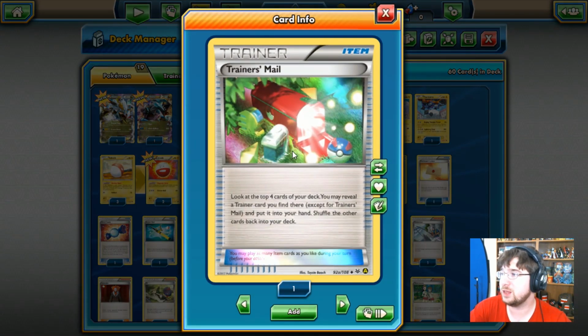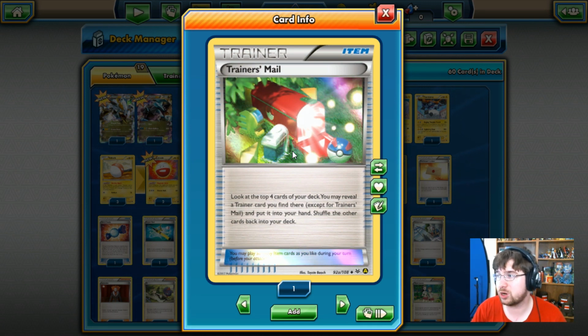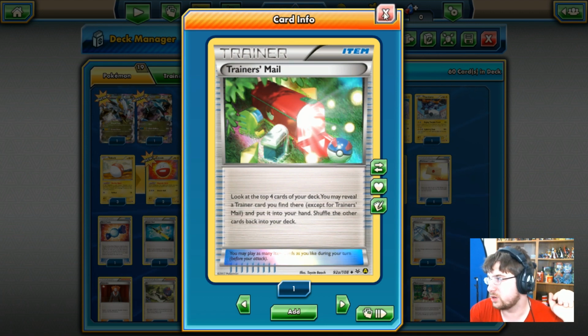We've got a Trainer's Mail. Now this, of course, is a brand new card, technically speaking. Artistically, it's got that new artwork and it is holographic, so it's really, really pretty. Pretty much you get to look at the top 4 cards of your deck. You may reveal a trainer card from there. If you find one, put it into your hand and then shuffle the rest of the cards back into the